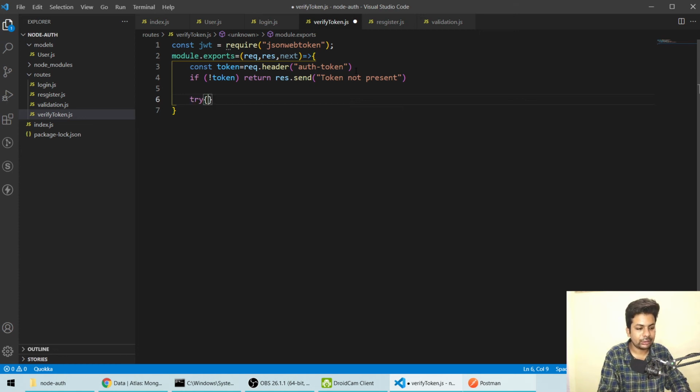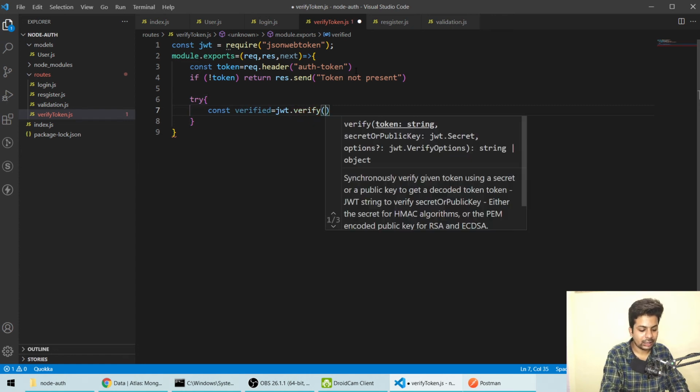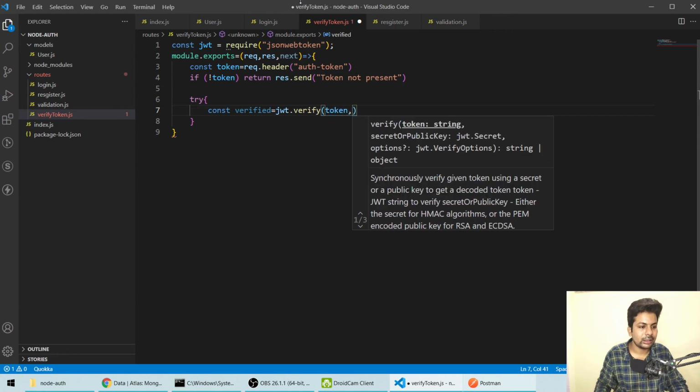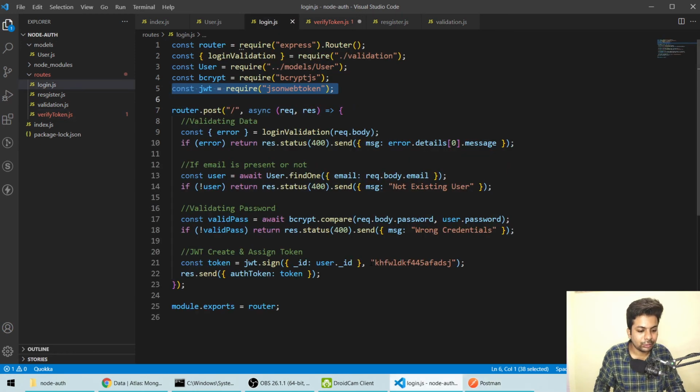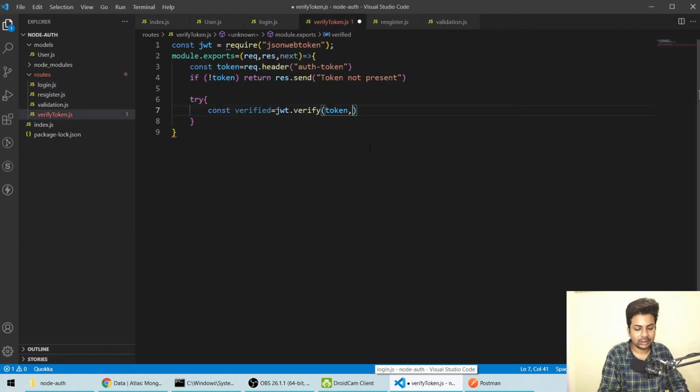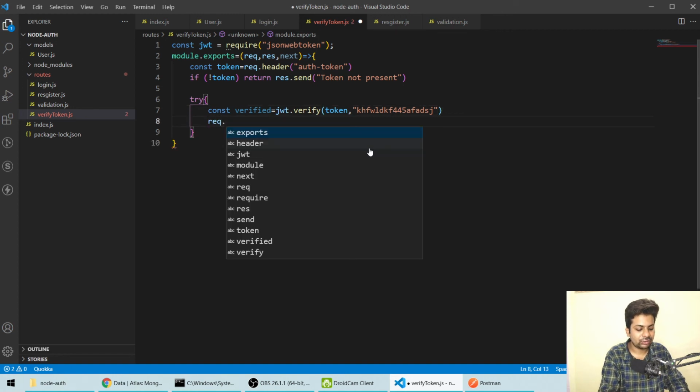But if there is a token present, now I have to check whether the token is right or wrong. Then I'll use try, then const verified equals JWT.verify, and we'll pass token, this is the token, and you should use this same string to verify also. We'll post this string here and attach it to request.user equals verified.